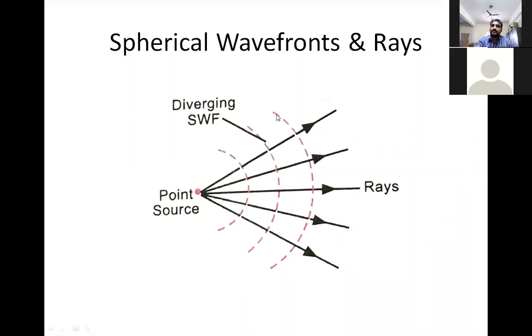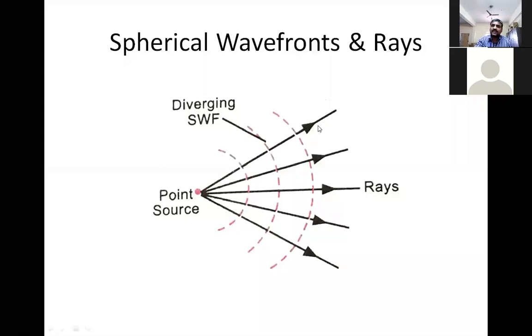Please pay attention. You take this curve, you take this specific point, the ray is nothing but the perpendicular drawn to this wavefront, because these dotted lines are called wavefronts. Wavefront means the part of the wave that you see when a wave hits you. This wavefront is what you experience, and a perpendicular drawn to this wavefront can be mathematically called a light ray. I hope it is clear to you about the light ray.